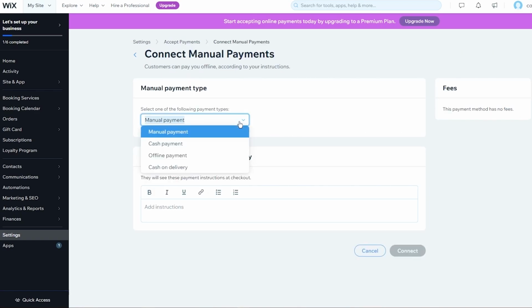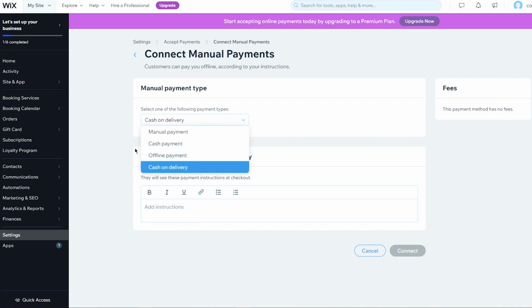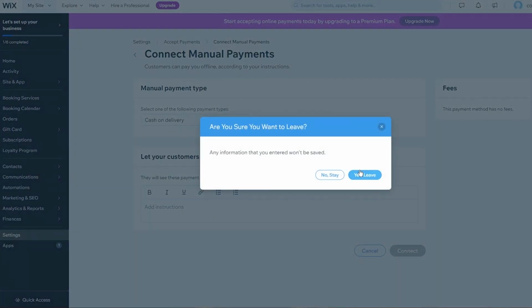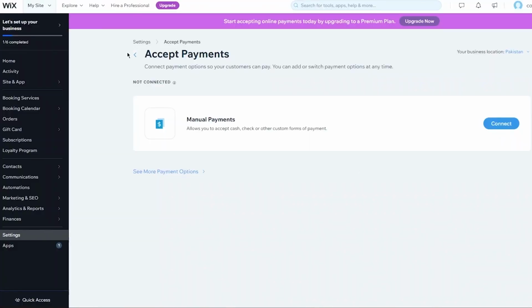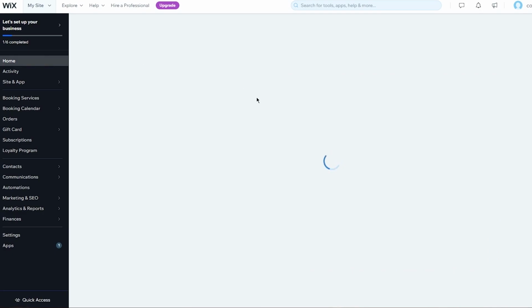You're going to go in manual payments, okay? Now, it could be cash payment, offline payment, cash on delivery, okay? Totally depends on you. And I just think cash payment or cash on delivery is best. Let your customers know how to pay, okay? You're just going to type something that they're going to know. Okay, yes, I'm going to pay this way, I'm going to pay that way, etc. And once you've optimized those settings,